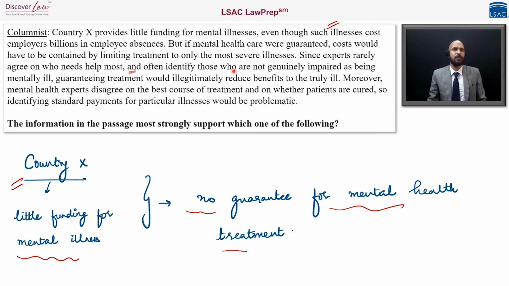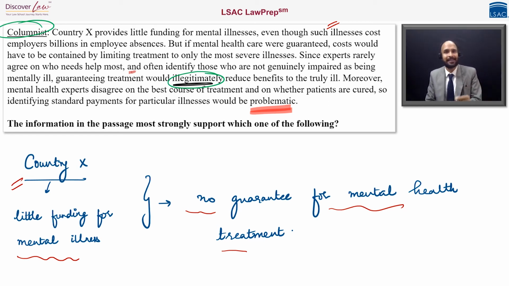Okay, so we have a plot here wherein we see that there's something about mental health care guarantee. You can see here that the columnist is basically telling you numerous problems about that. So where do you see the conclusion? Now when I look at these, I can see words such as problematic that indicate his opinion. Okay. You can also see words like illegitimately, right? These are words that reflect opinion. So what I can definitely say as of now is that the columnist doesn't appear to be someone who believes that there should be guarantee for mental health treatment.